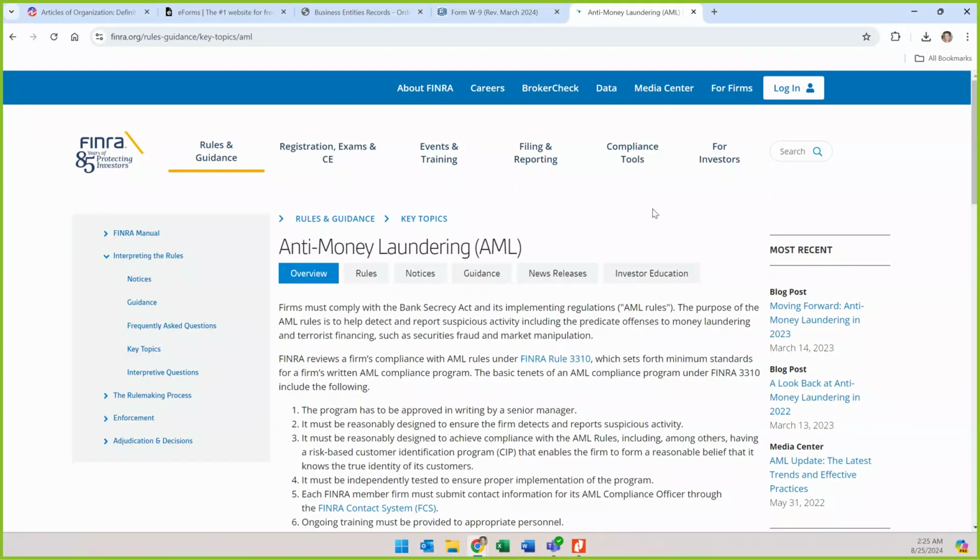In addition, when you are putting together a proper entity for financing, you'll need to sign an anti-money laundering disclosure. An anti-money laundering disclosure will typically look similar to your operating agreement in the way that the individuals inside of the company are agreeing not to launder money. They have to disclose who they are, what their percentage of ownership is, etc. If you would like to learn more about that, you can go to finra.org and look at that